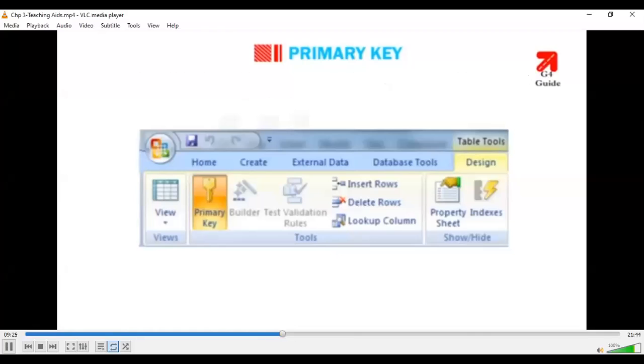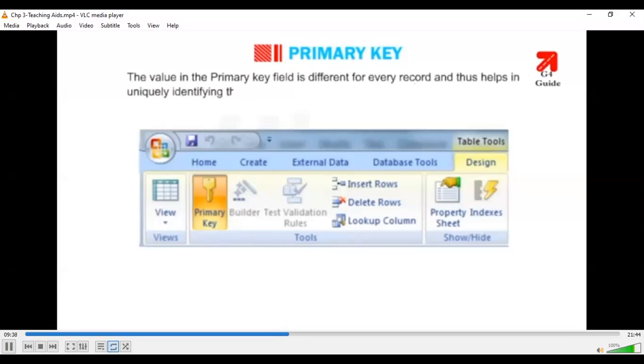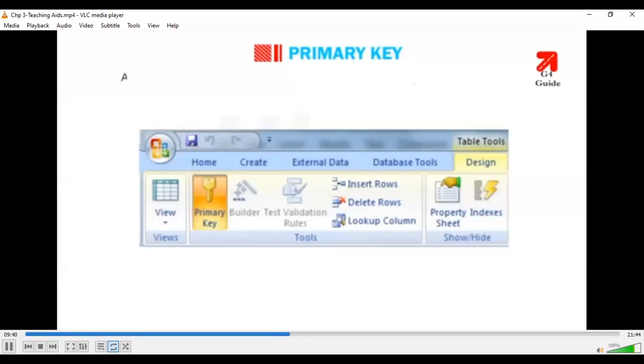A table can have only one primary key, which does not allow duplicate data. The value in the primary key field is different for every record and thus helps in uniquely identifying the records. Access uses the primary key to relate the table's records to those in another table.